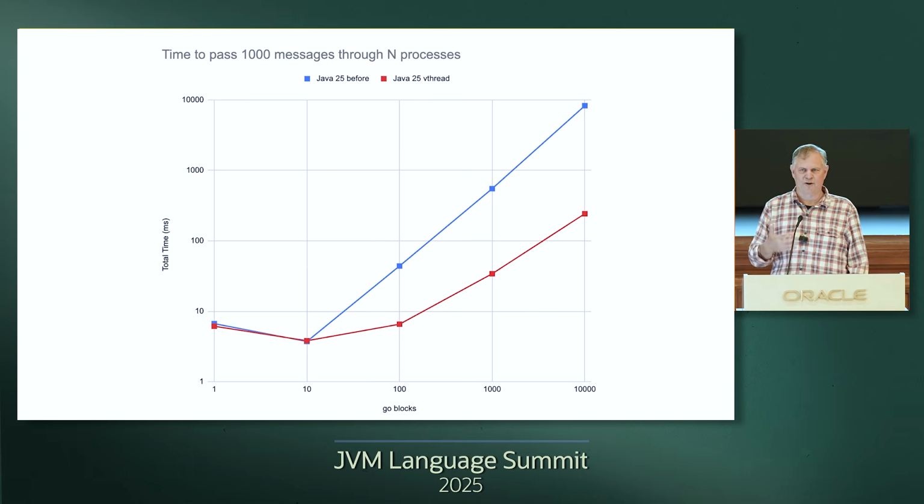I will say that as I also watched the heap for these two, they behave very differently. I'm not saying that it's good or bad. I'm still trying to understand all the ramifications of that. We're obviously storing all these vthread stacks on the heap. So that is increasing, or it's different. We were before storing all the Go block stuff on the heap. So in both cases, we're storing stuff on the heap. I don't really have a good sense yet of how that plays out and how it will affect real services in production. I'm going to be diving into that with a couple teams over the next couple months at Nubank.